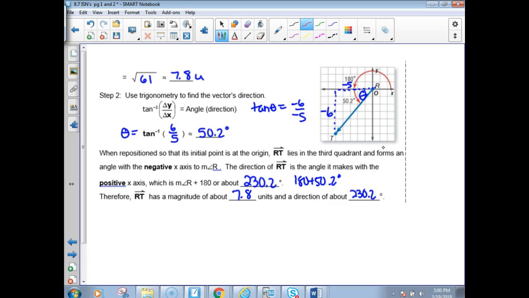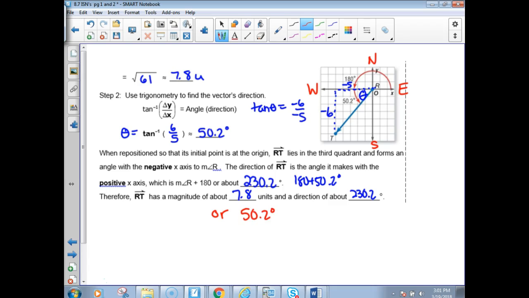Now, I'm going to be honest with you. I'm not going to ask you to give me that measurement. I'm going to ask you to give me something off of east or west. So let's look at this again. If this is north and this is south, this is east, and this would be west. If I asked you to give me a different direction, please write the angle below here,